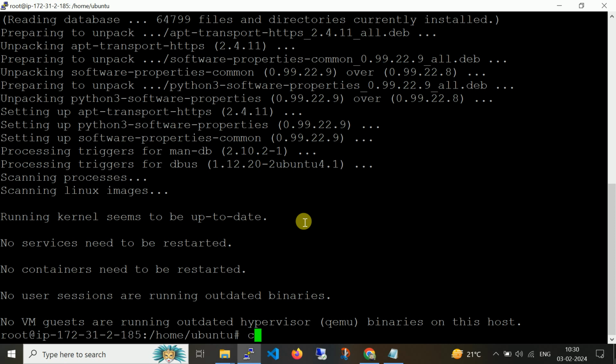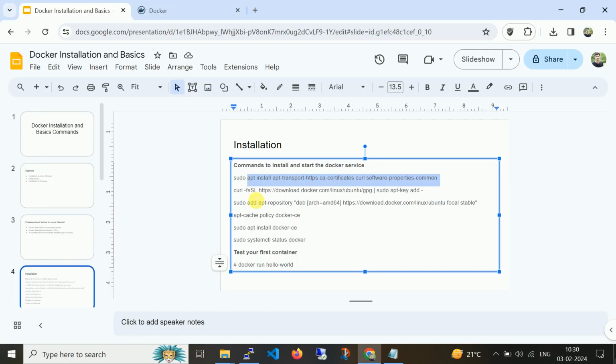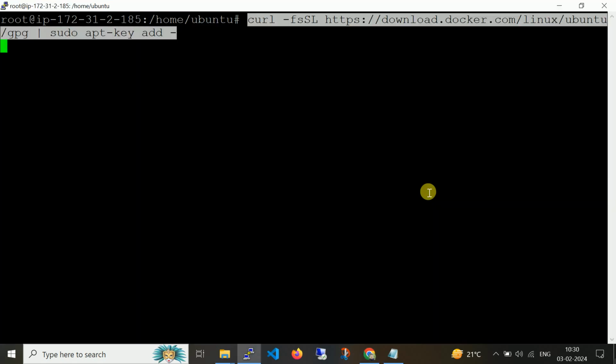Now we need to download the package for Ubuntu. So it will download Docker from the Linux distribution using Ubuntu and GPG, also adding the key to validate the package.